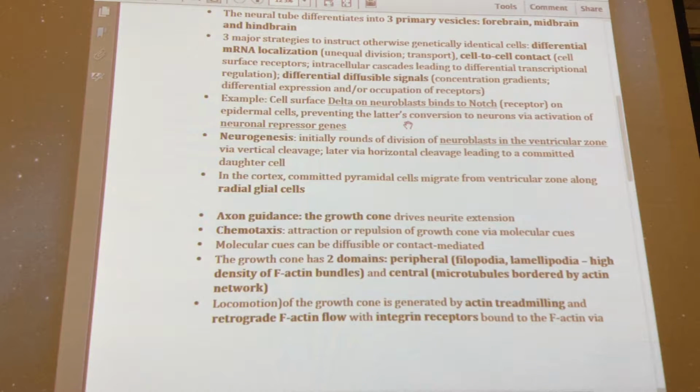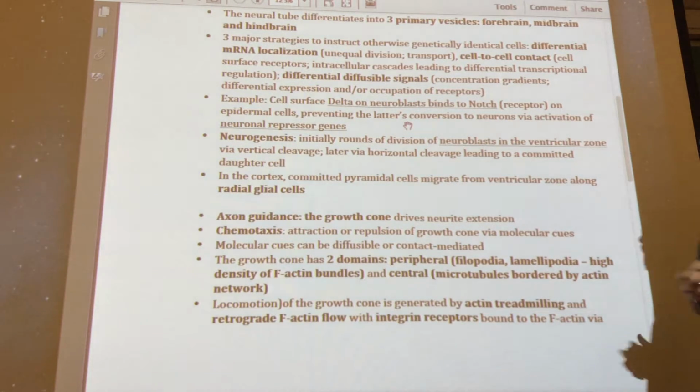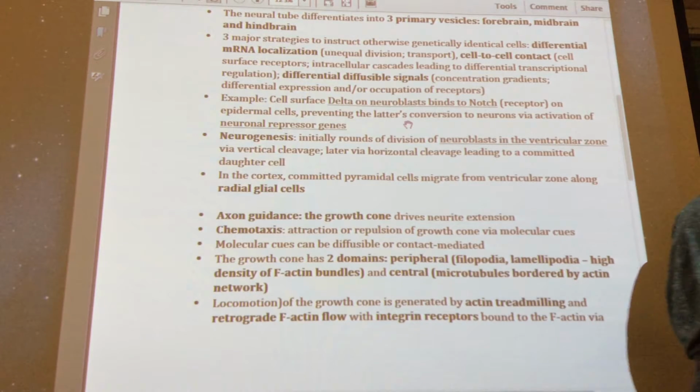And then there's this example about delta, right? So there's been some question about this in terms like, okay, what does this mean? So,